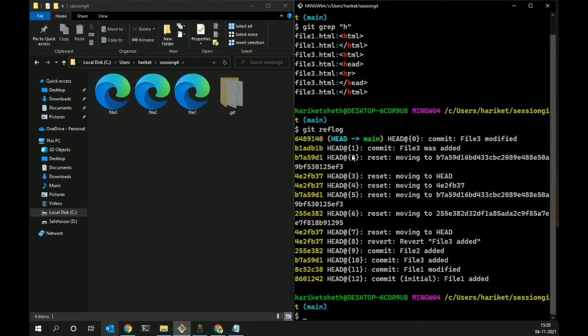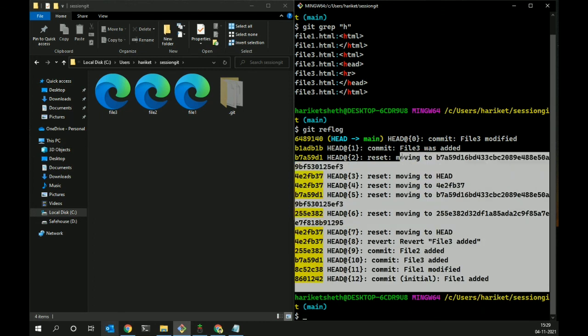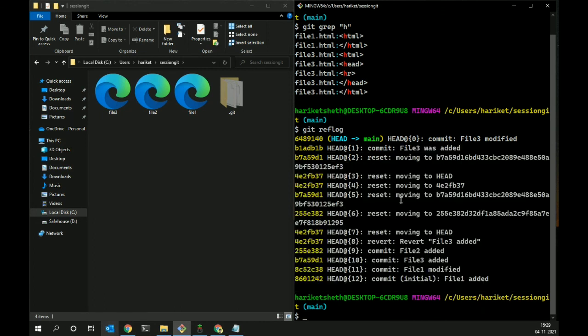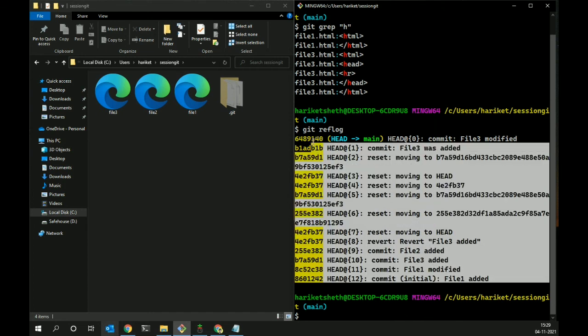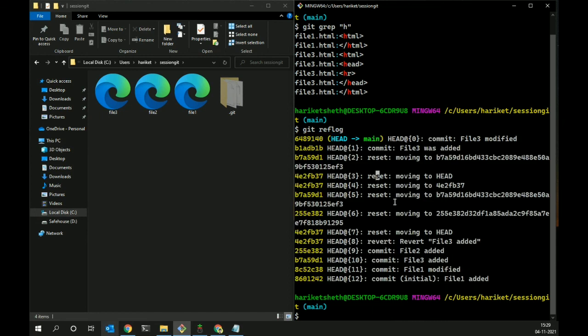Git reflog is basically all your commits or all your modifications, whatever you did till now. Be it reset, be it anything, you have all of your things here. All of the things are mentioned here, kind of a history, kind of a browsing history where you have everything, right? So this is like everything mentioned in a condensed form.